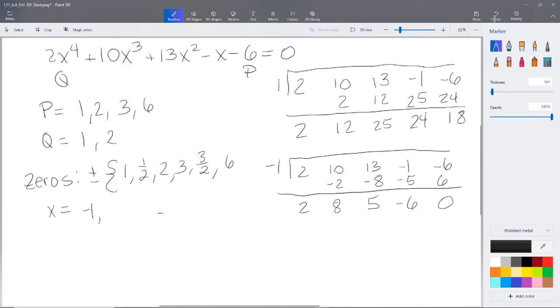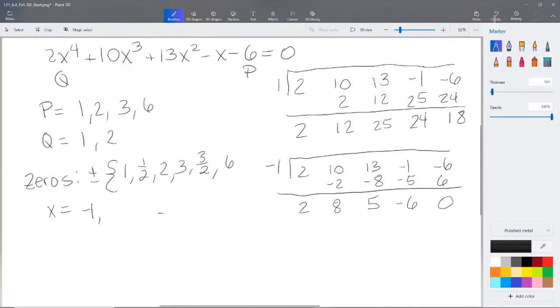How many answers should it have? It should have 4 answers. This is to the 4th power. Now, some may have a multiplicity factor. It may come down to that, but it should have 4 answers one way or another. We just found 1 answer. Great. Well, here's the problem with that 1 answer, though. It didn't get us any closer. Well, it does. I mean, it gets us a little bit closer to finding the rest of them, but we've